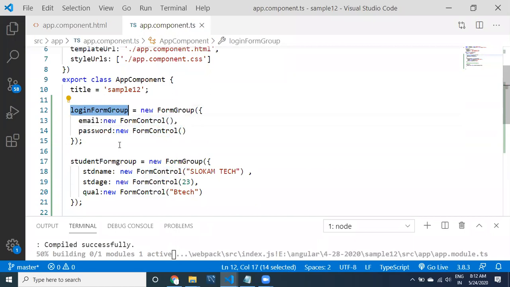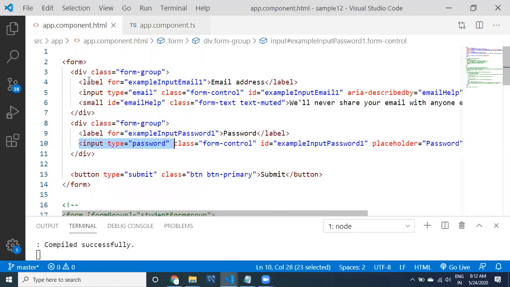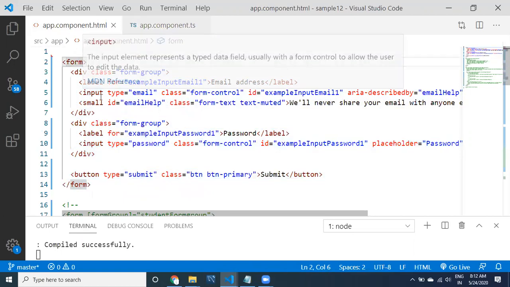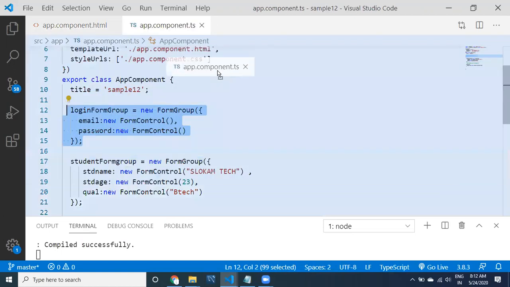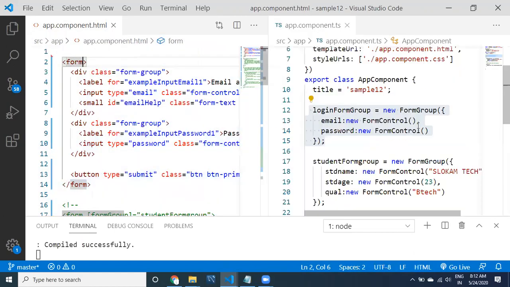Now, FormGroup. Once you are comfortable with creating the login form group, next go to HTML. Here this form should be associated with the form group.